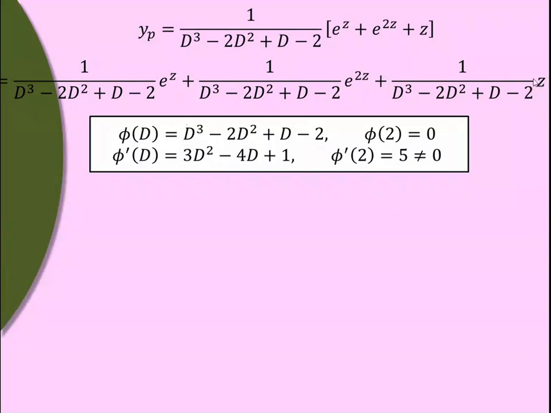Now, for z, that is for the power of x, what do we do? We try to write these terms so that we get 1 in this term: 1 plus terms in D or 1 minus terms in D. And what is the way to get 1? Take the constant term common. Take minus 2 common.